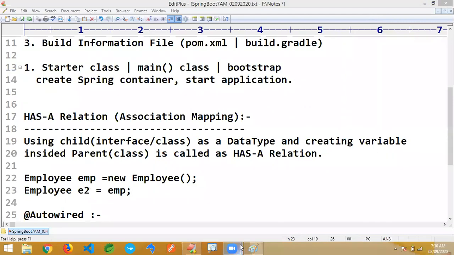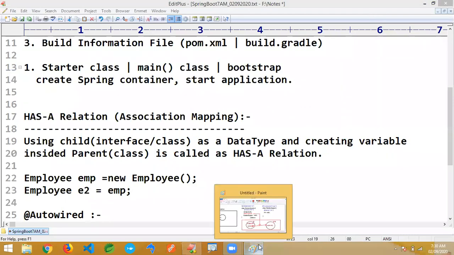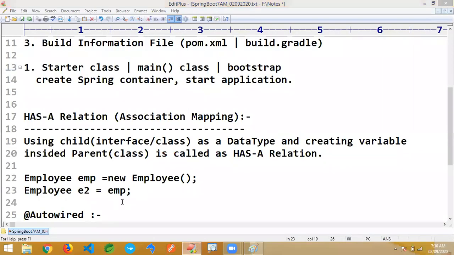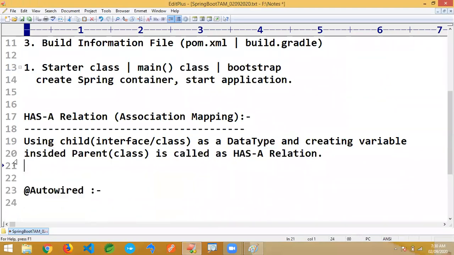Okay, so here also internally autowiring will do the same. The already created object is just linked to the reference variable. It's not creating any new object. The object is already created with any name; that doesn't matter for us. This is actually linked with this. That's actually called autowiring here.